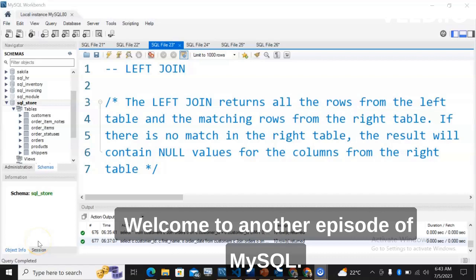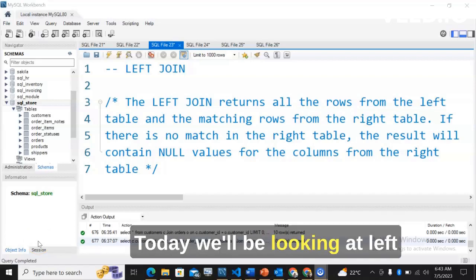Okay, welcome to another episode of MySQL. So today we'll be looking at